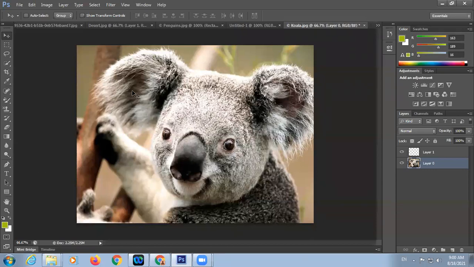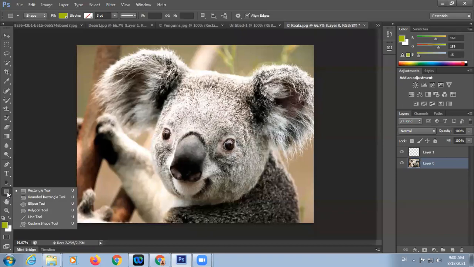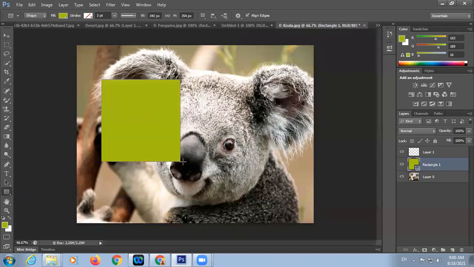So suppose this is my image. Clear? If I insert one rectangle here, so look at here in your layers dialog box. Here it shows the third layer, that is rectangle.